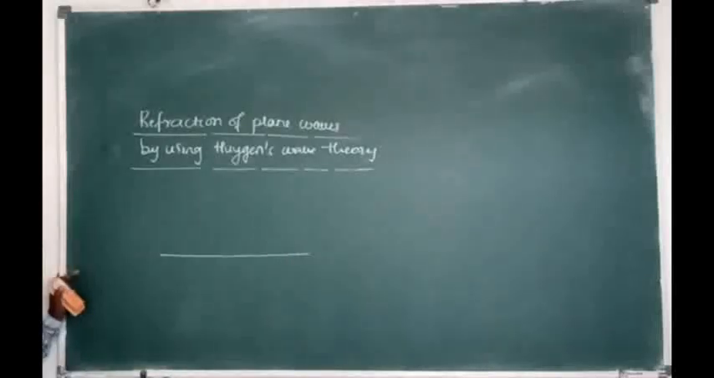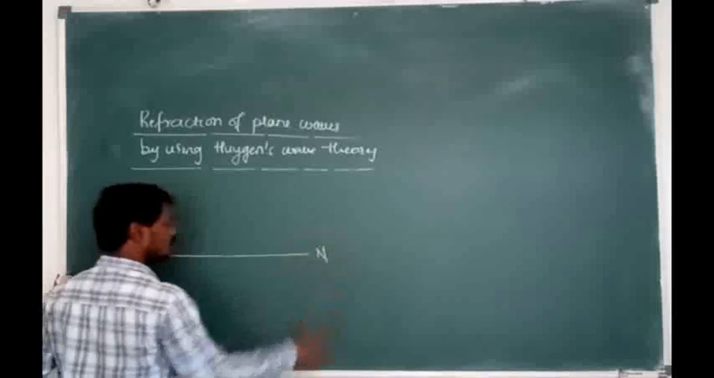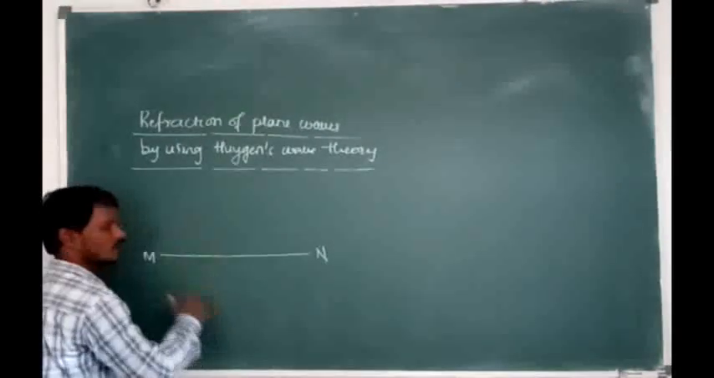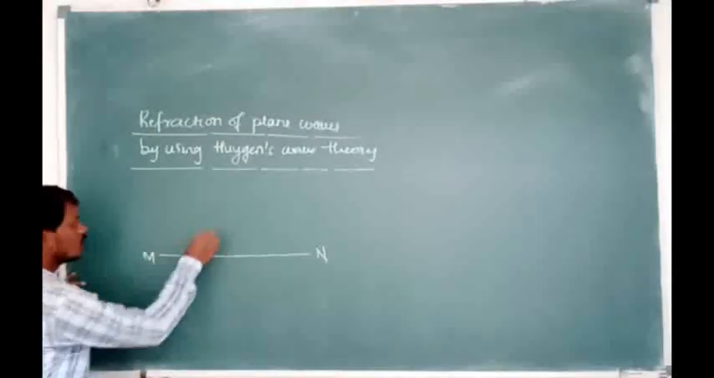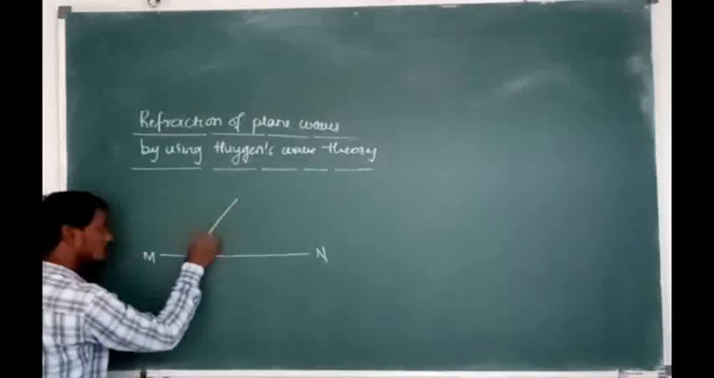It is a refracting surface. I will take this refracting surface as MN. MN is the refracting surface, for example, the interface between air and water. Water is the denser and air is the rarer. Now, the plane wavefront is incident on the interface between two media,